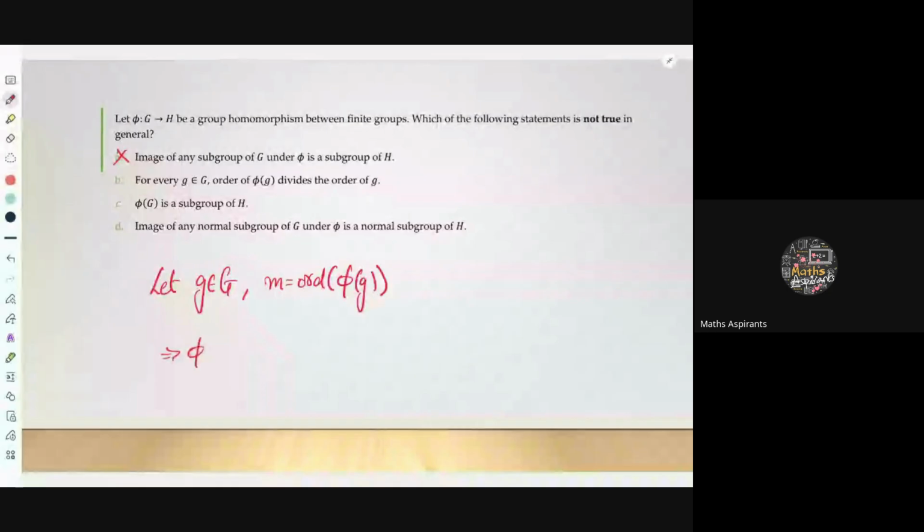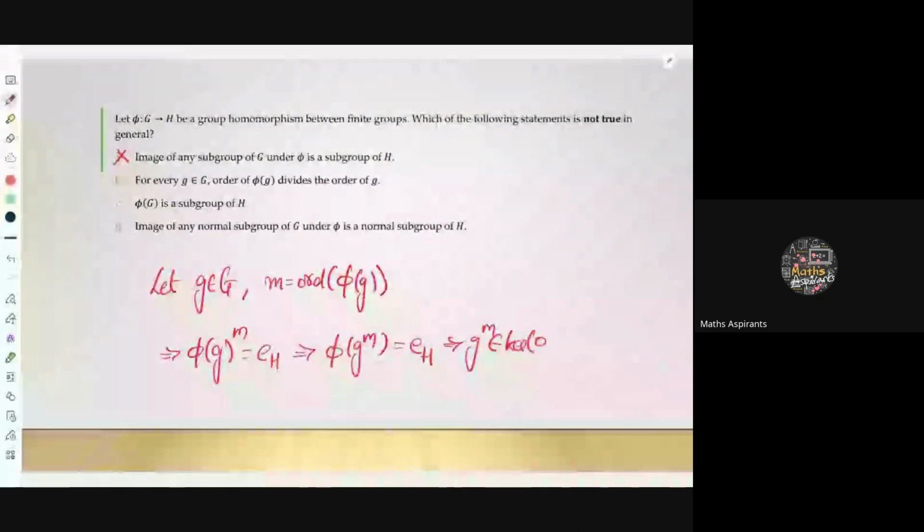This implies phi of g power m is equal to identity in H. This implies g power m is in the kernel. But this doesn't give us anything related to divisibility of the order of phi of g and the order of g. But what we do get is, if n is the order of g,